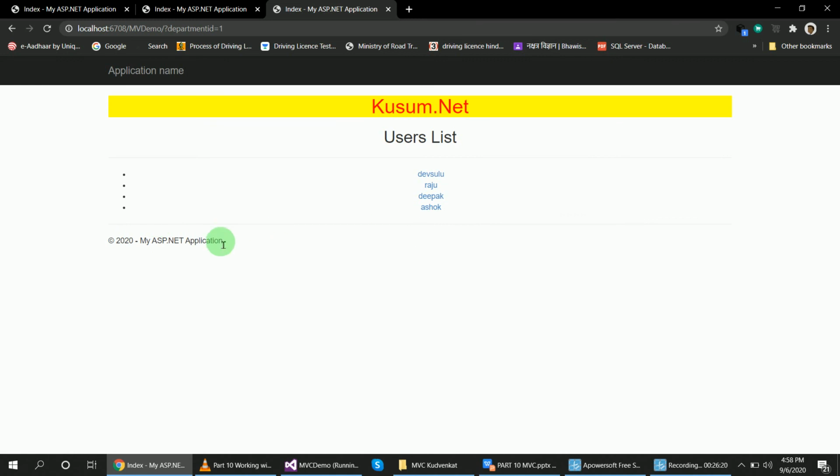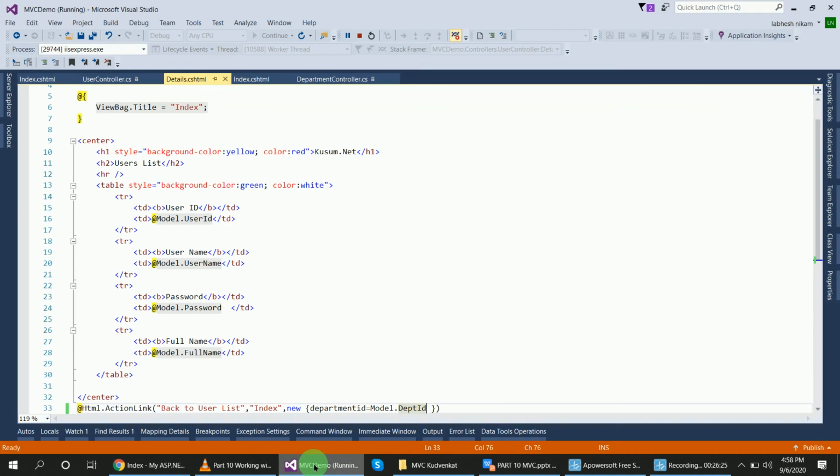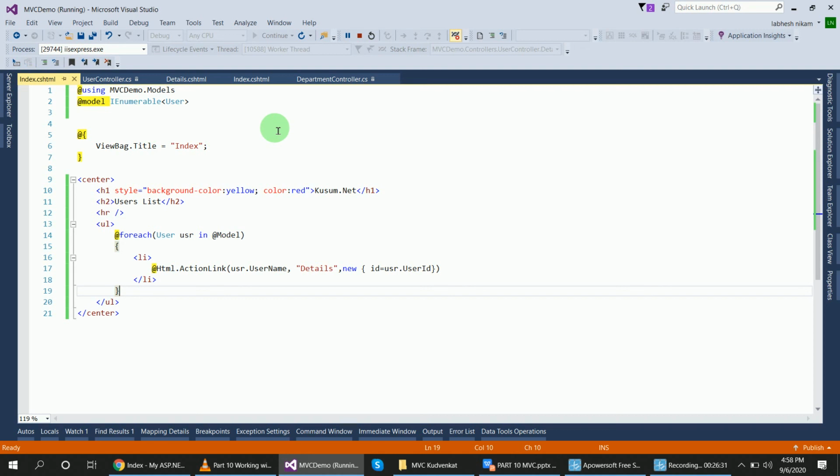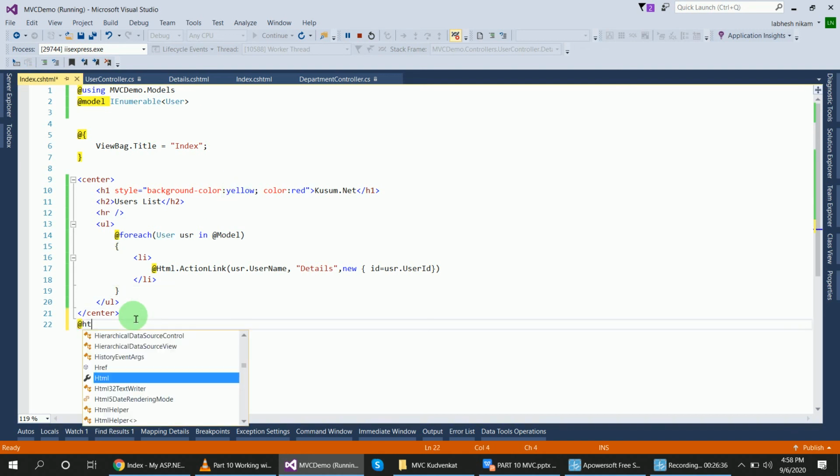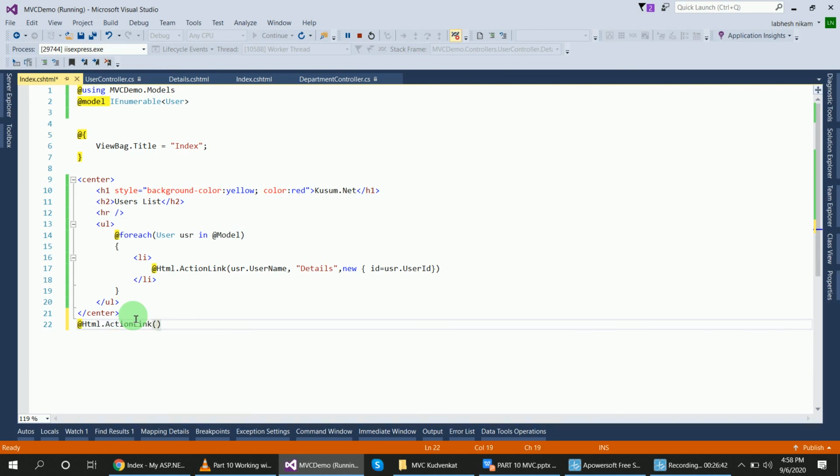Now I will add one another link which will go to the department list, right? So in the users index view page, create here one link @Html.ActionLink, and back to department, and where do you want to go?